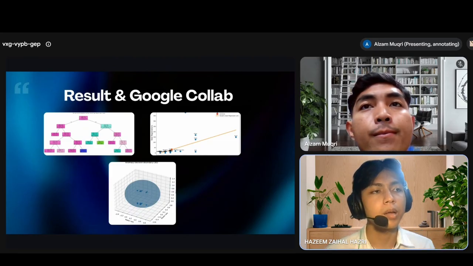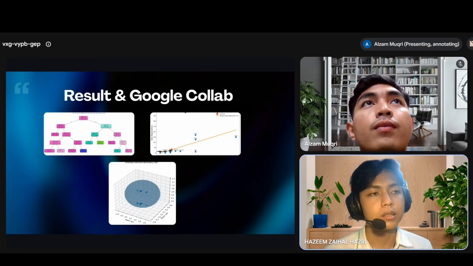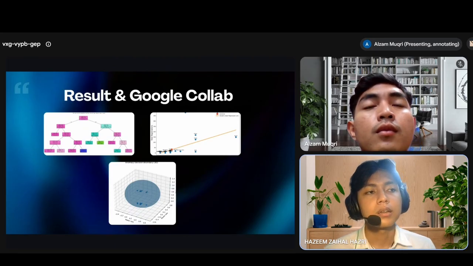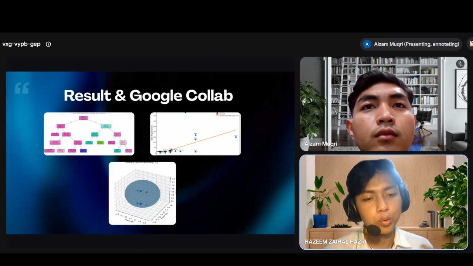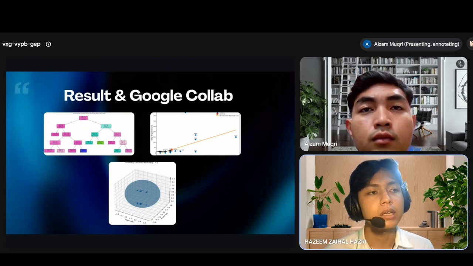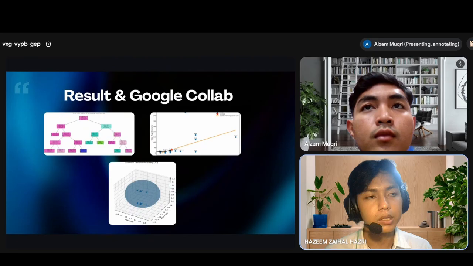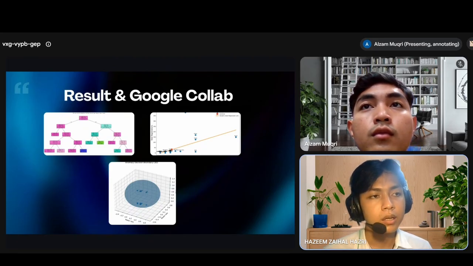What our Colab notebook actually does. Our notebook is the engine of the whole project. It is where every piece of the analysis happens before it reaches ThingsBoard. It runs in order. First, we load the CSV straight from a Google Drive link, where we put the CSV data inside the Google Drive, and then it cleans the data. Our dates were actually formatted inconsistently, so we had to write logic to fix that. Then it trains the decision tree and runs anomaly detection, and it finally sends everything to ThingsBoard.